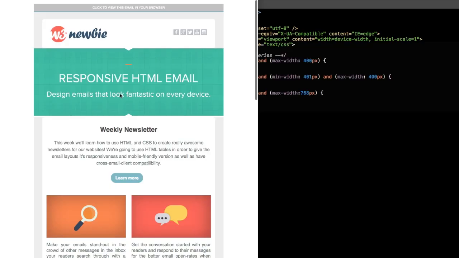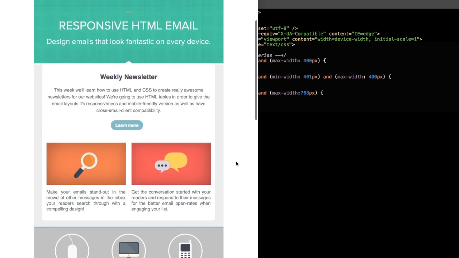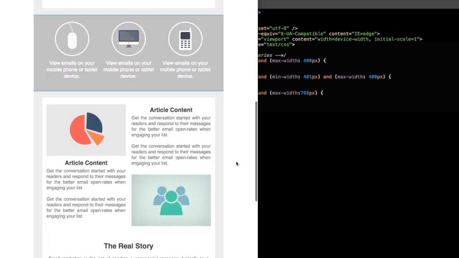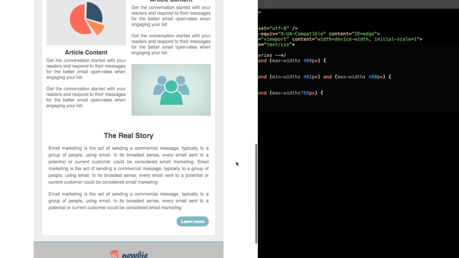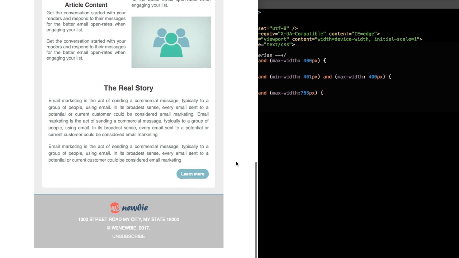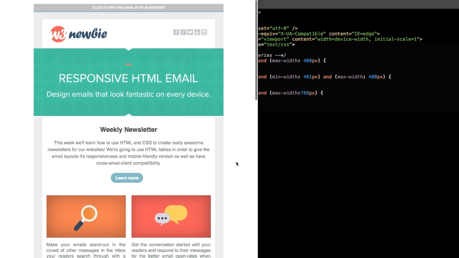Okay guys, so let's take a look at the email template here. At the very top, we have that gray bar with the option to view the template in our web browser, which a lot of email templates are doing nowadays. Then we have the logo off to the left, our social media buttons on the right, followed by the big green banner image. Then we have a single column section with a button, 2 column sections, 3 column sections, and then as we navigate down towards the bottom, it's going to go back to that gray color for our footer, the same as at the very top where we have the option to view it in our